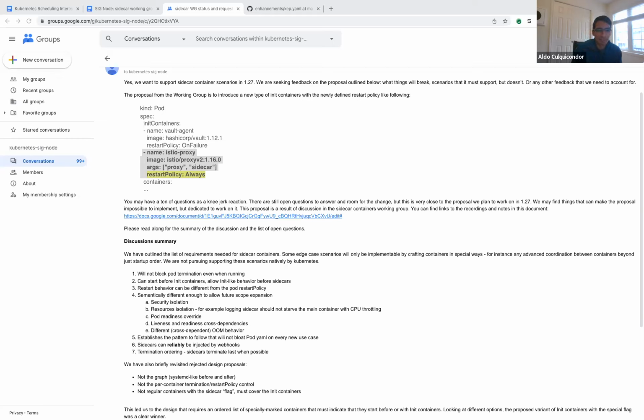I have a request that when you go through these changes, we should probably have a single library, probably in component helpers or in the component helpers staging repo, because we have had issues before where there was a slight difference in the implementation between kubelet and scheduler or cluster autoscaler, and even the resource quotas.